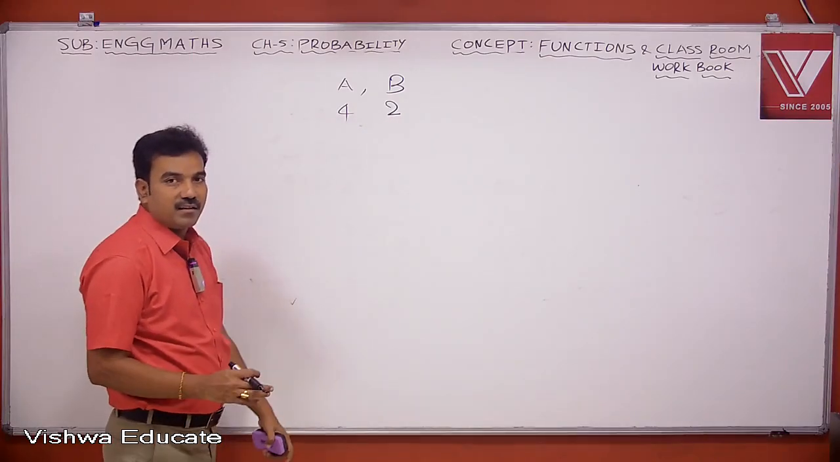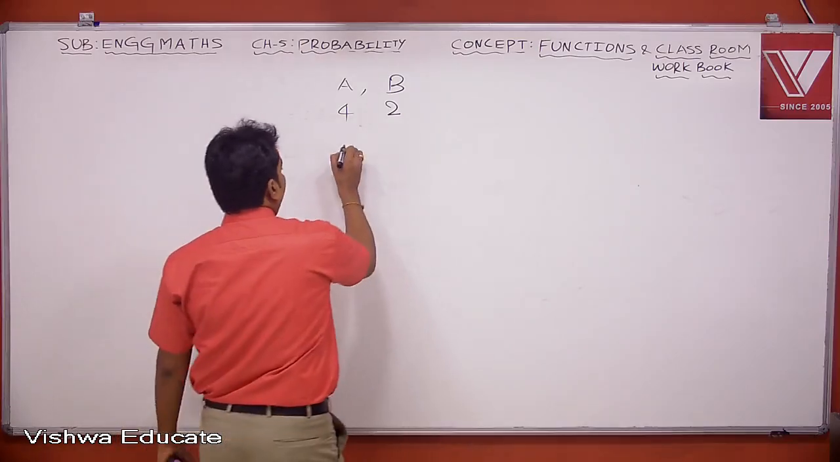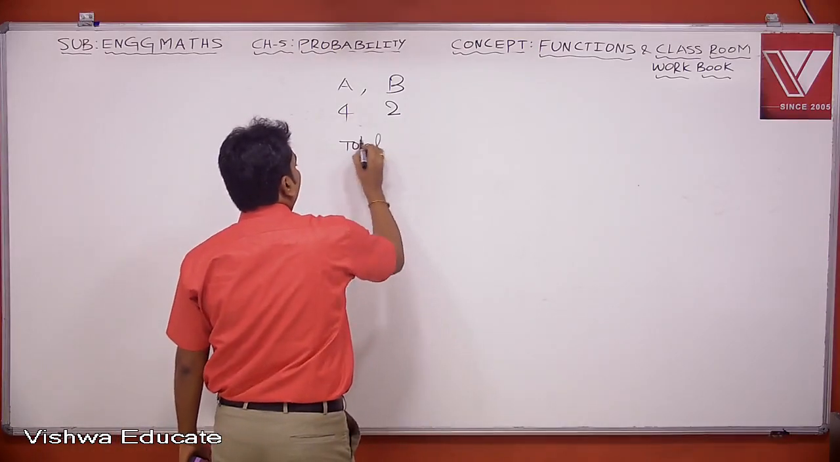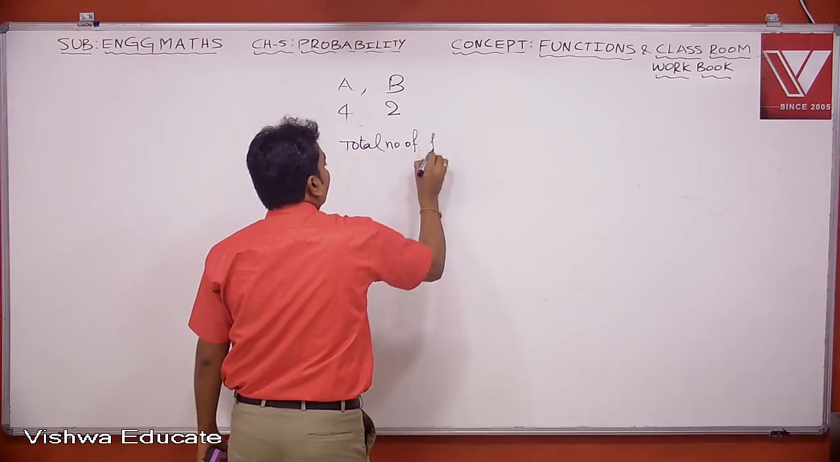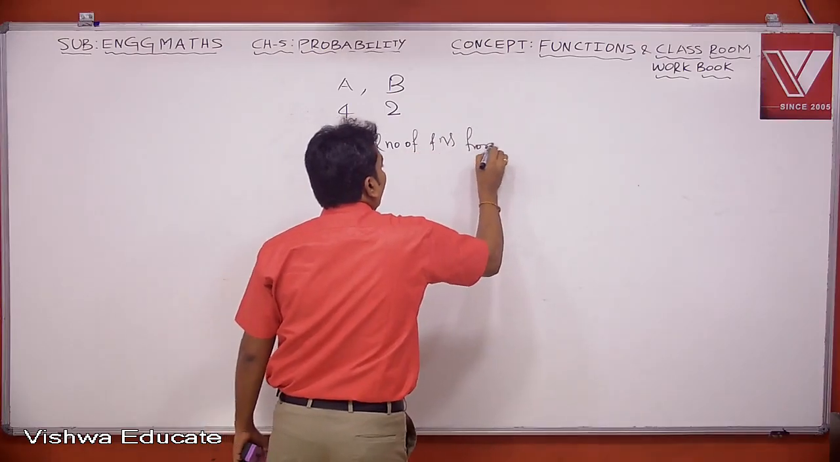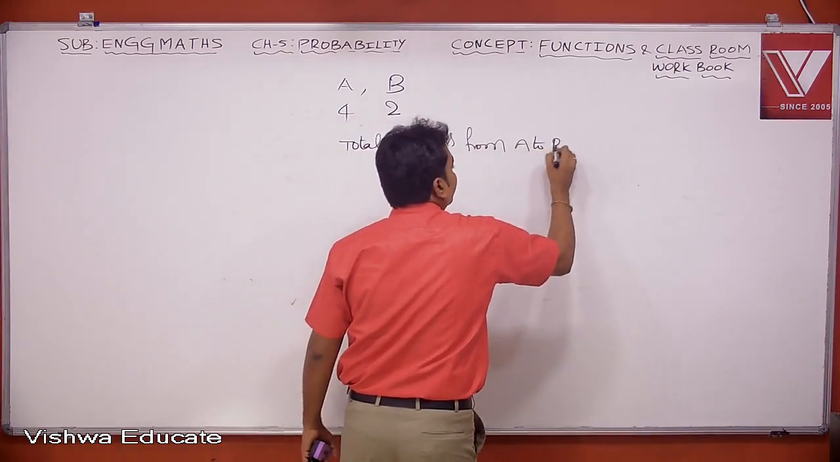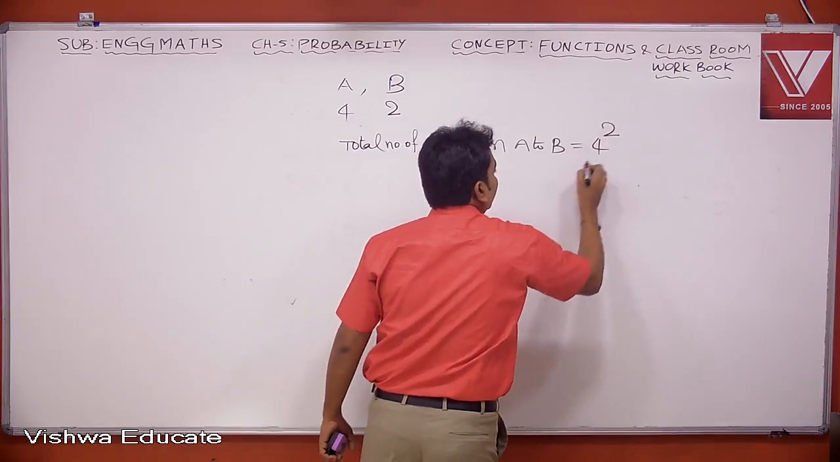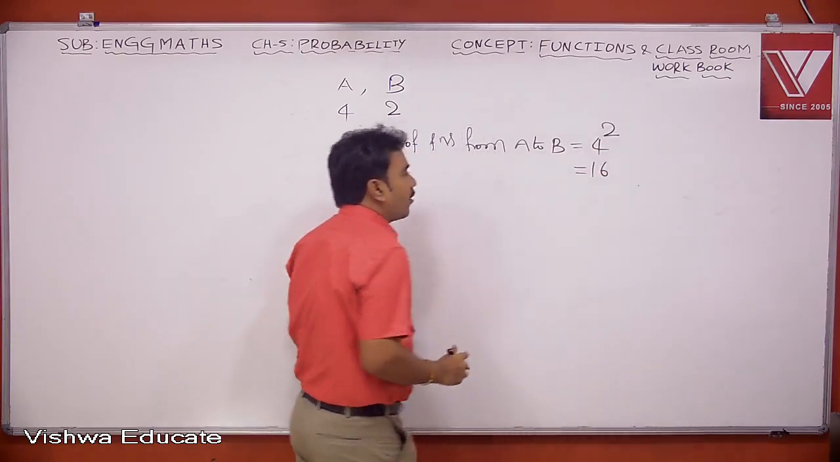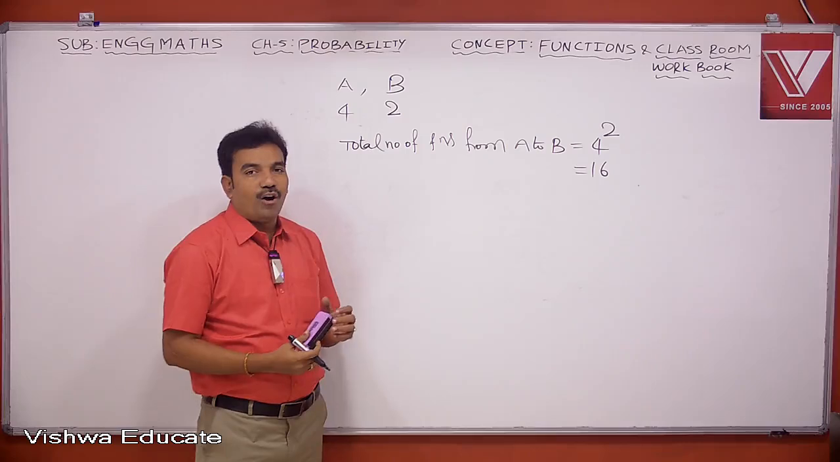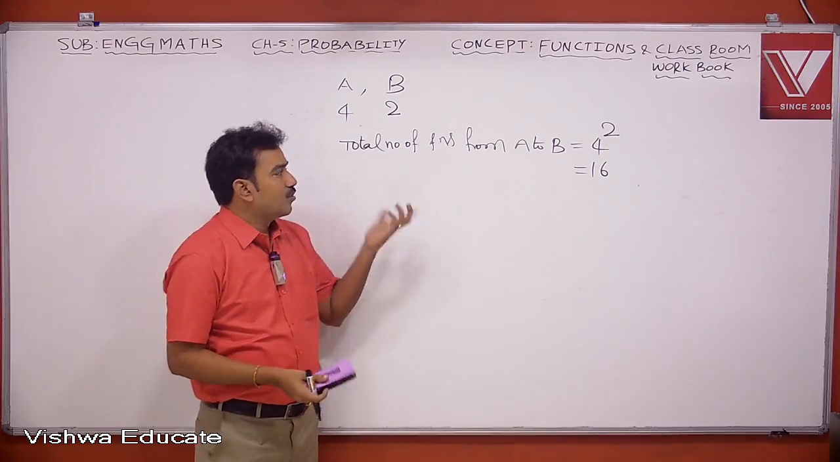That is very clear. Now the total number of functions from A to B is 2 to the power 4, which is 16. Now my question is, out of these 16 functions,